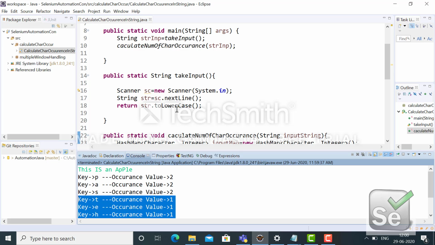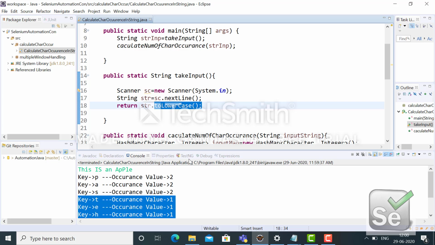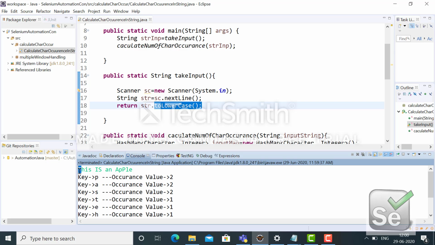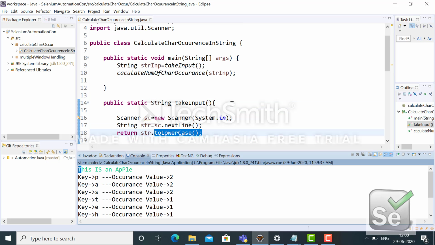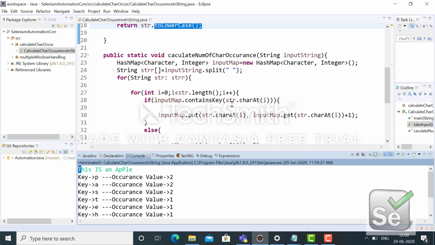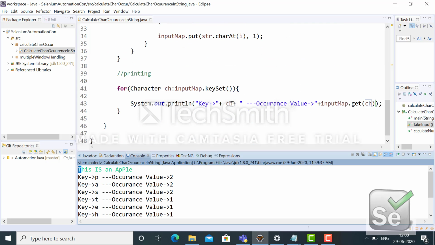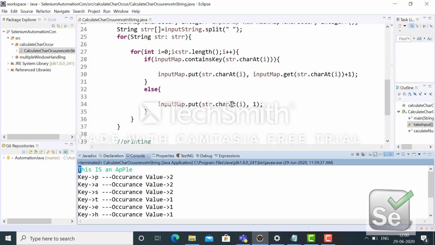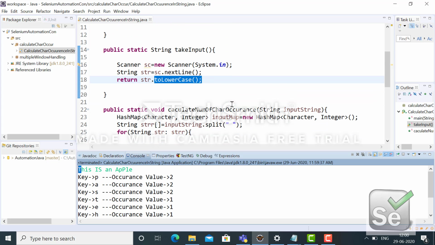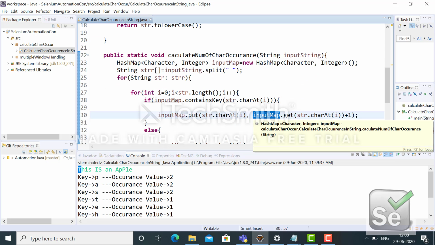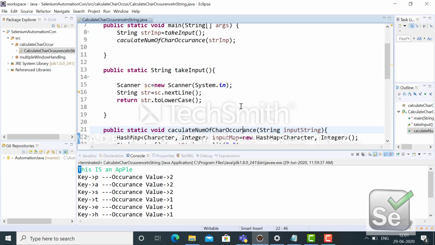If we don't use toLowerCase over here, then it will pick each capital character, and lowercase will be considered a different one, and it will print that way. Capital T is 1, small t is 1, and it will keep printing like that. Sometimes it asks to print each character's occurrence in the string irrespective of case sensitivity. So this is the way we can do it. Or else there is a method called Character.toLowerCase, and that way we can also put some logic over here itself. This is how we have to implement it.